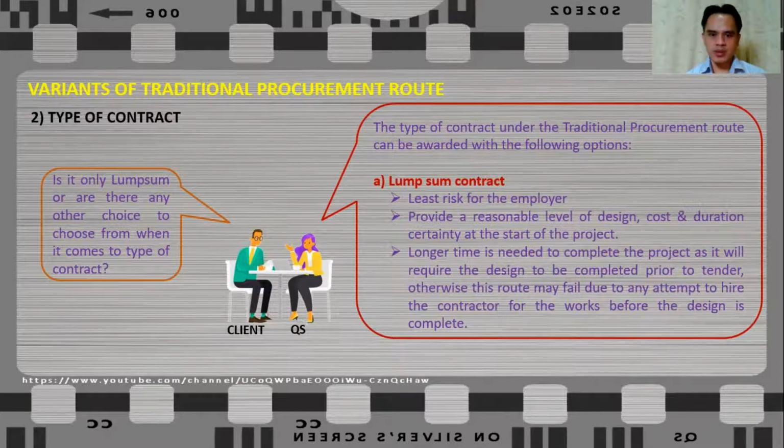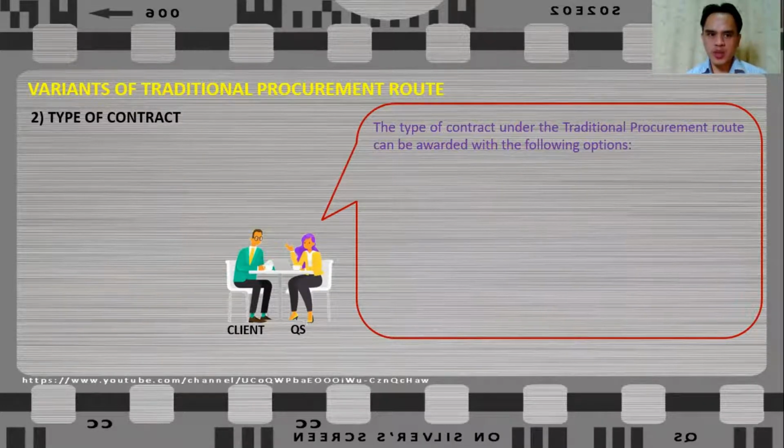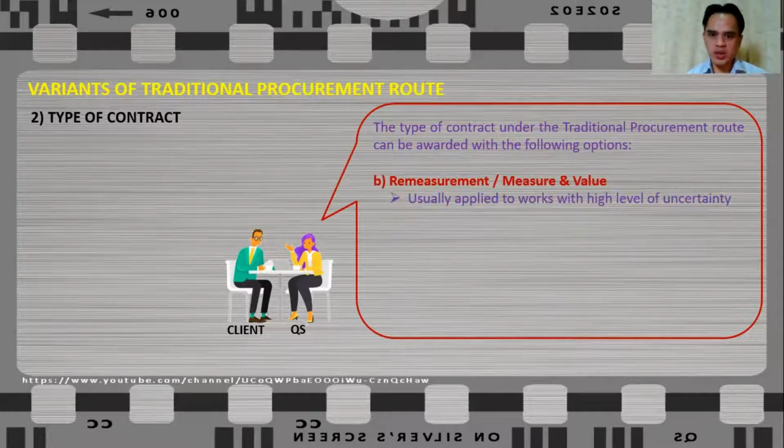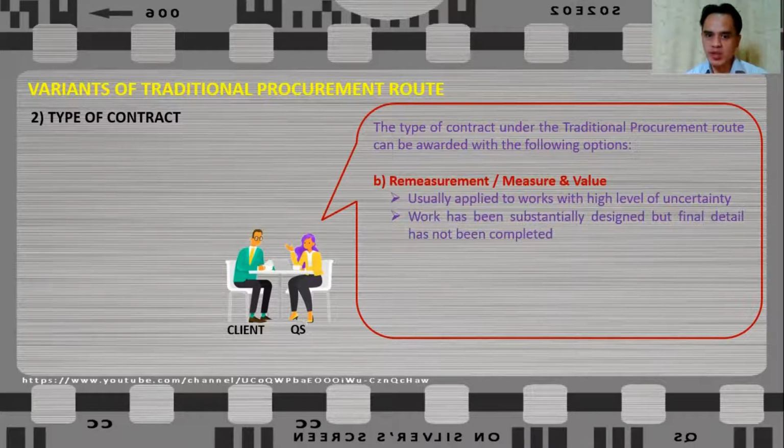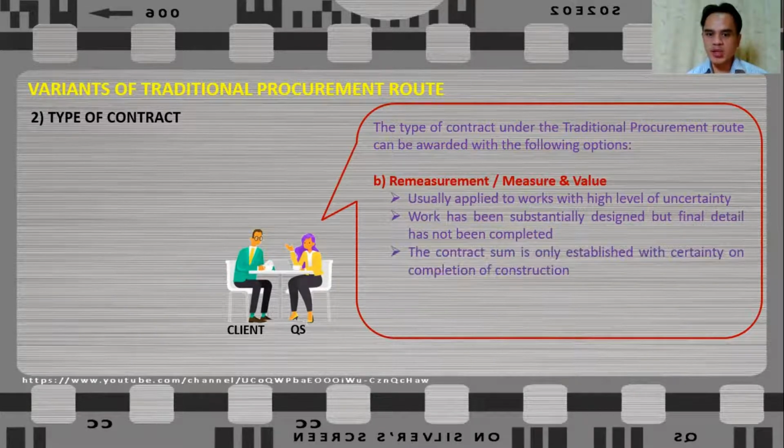Otherwise, this route may fail due to attempt to hire a contractor for the works before the design is complete. Another type of contract that can be applied to traditional procurement route is remeasurement or measure and value. This is usually applied to works with high level of uncertainty, for example, civil engineering works or substructure works where the data for ground conditions are sketchy. The most effective use of remeasurement or measure and value is when the work has been substantially designed, but final detail has not been completed yet, and the contract sum is only established with certainty on the completion of the